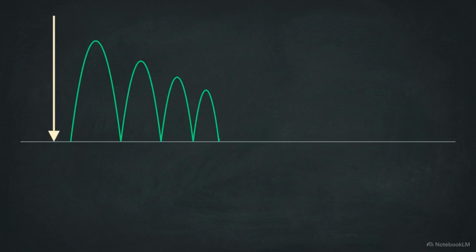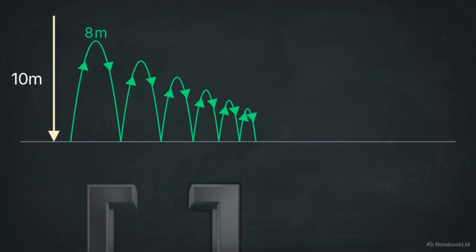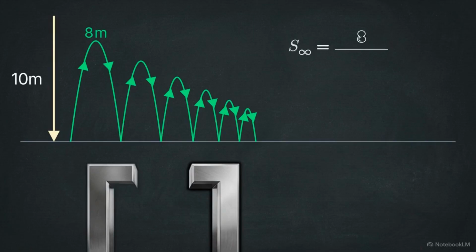In this diagram, we have to distinguish between the drop and the bounces. The initial 10-meter drop only travels downward. However, for every subsequent bounce, the ball travels up to its new peak and then back down to the ground. We first calculate the sum of these peak heights. With a first bounce of 8 meters and a ratio of 0.8, the sum to infinity for these heights is 40 meters. Because each bounce represents both an upward and a downward trip, we multiply that 40-meter sum by 2,